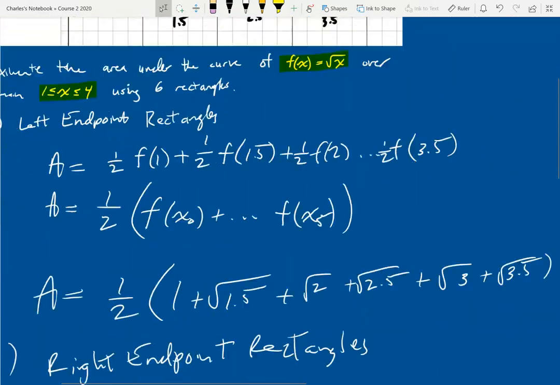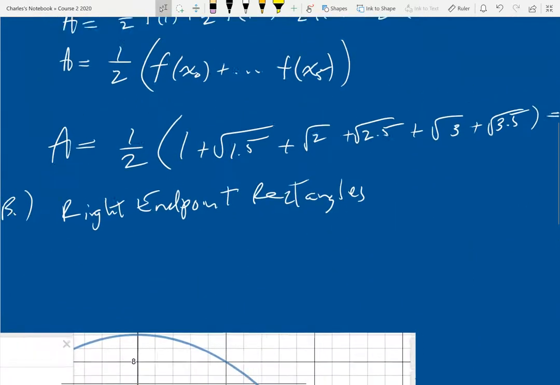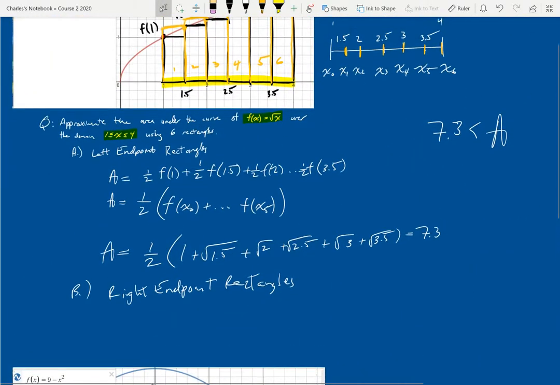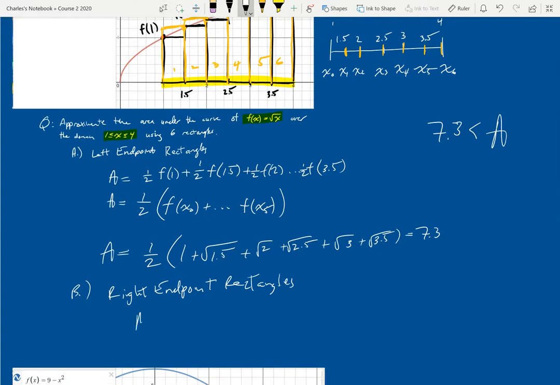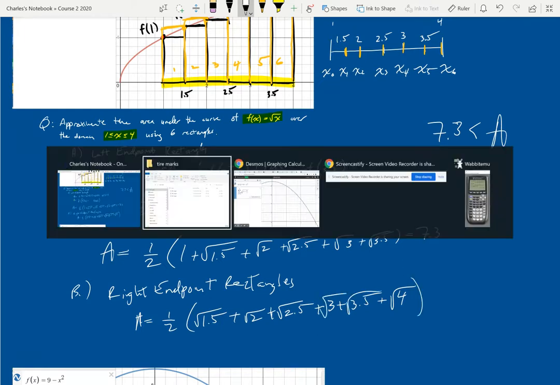And so now the area is going to be, I'm not going to write it in all these different ways. I'm just going to think of it in one way, which is area is equal to 1/2 times the height of the first rectangle, which is 1.5, plus the height of the second rectangle, which is 2, plus... and if I think of how I have to change that